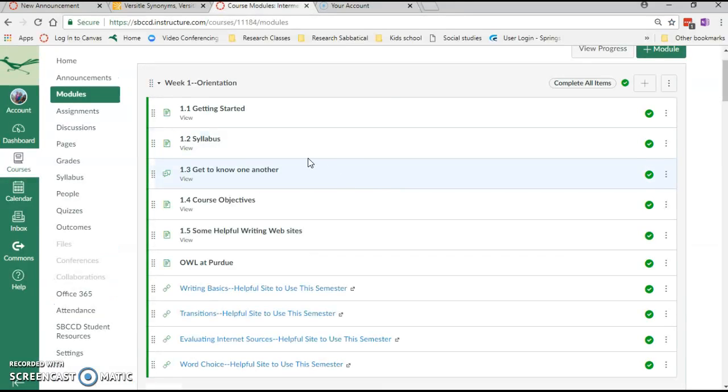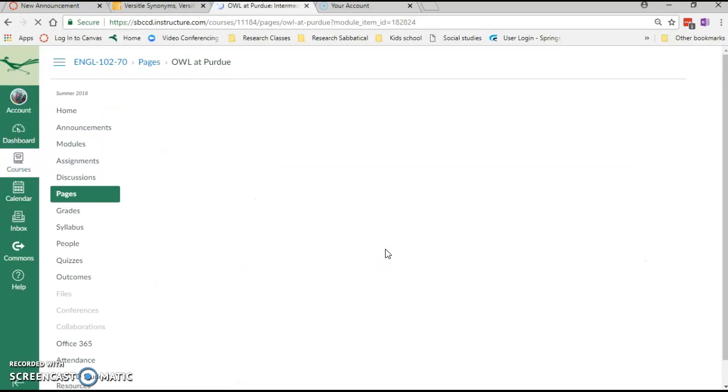Hello everyone. Your final research essay is coming up, and I just wanted to go over a couple of elements with you. First, I'm going to show you the OWL at Purdue, which is in our Unit 1, and I want to click on it and show you how to use it for doing your works cited page,